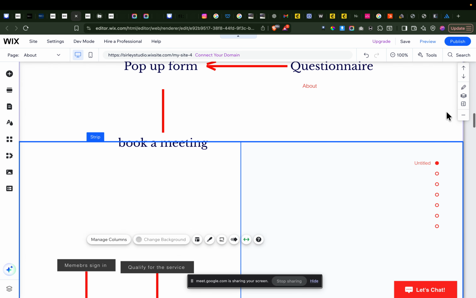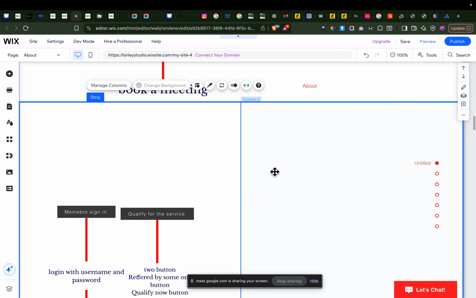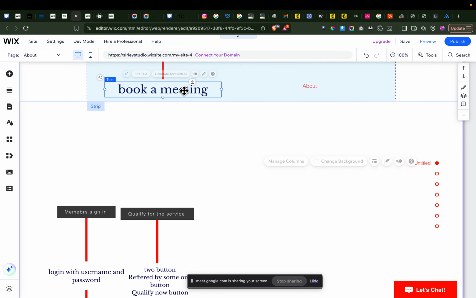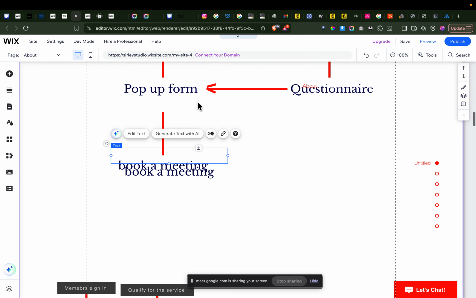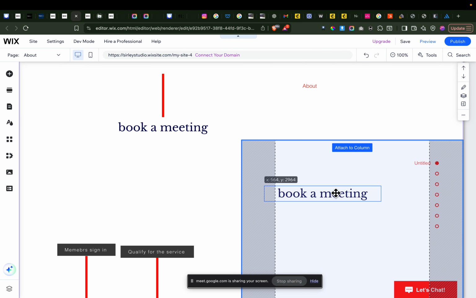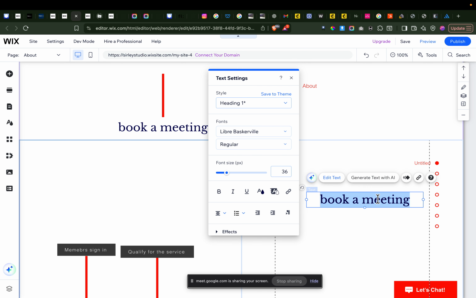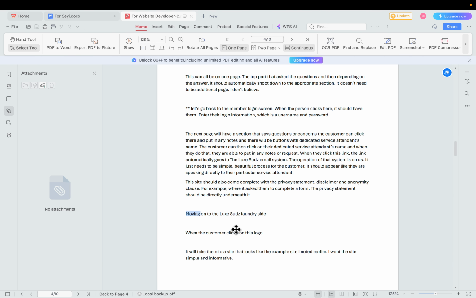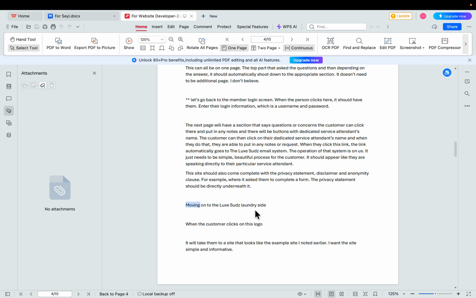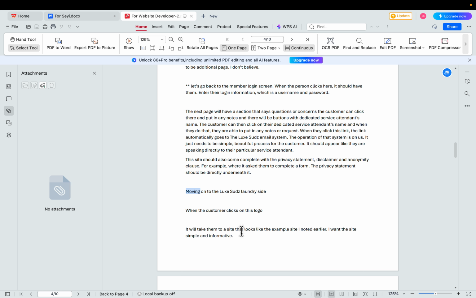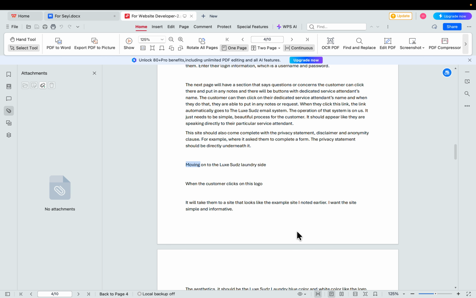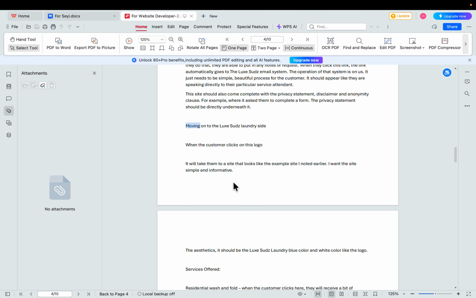So this one will not be for the laundry side. So moving on to the laundry side, when the customer clicks on this logo, we take them to a site that looks like the example site I noted earlier. I want the site to be simple and informative.